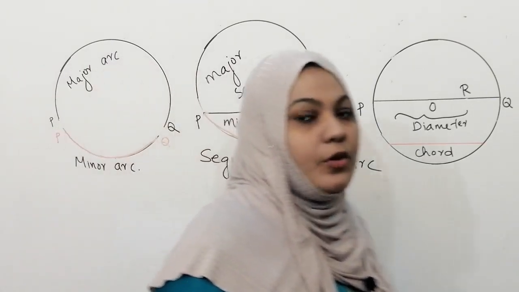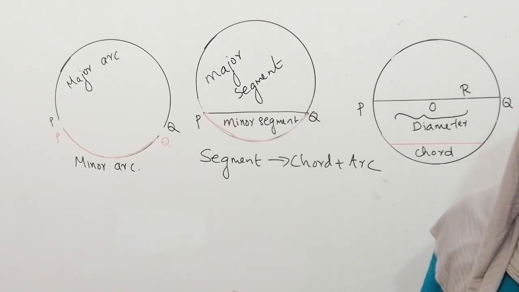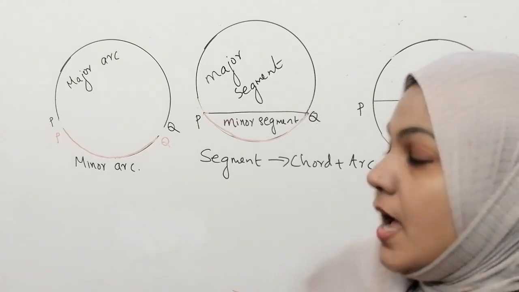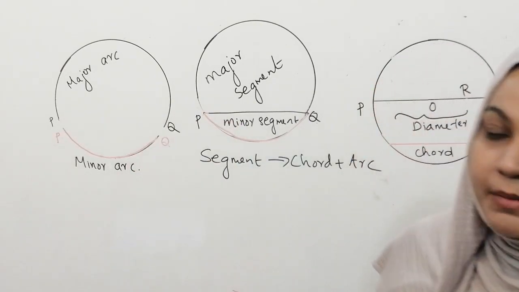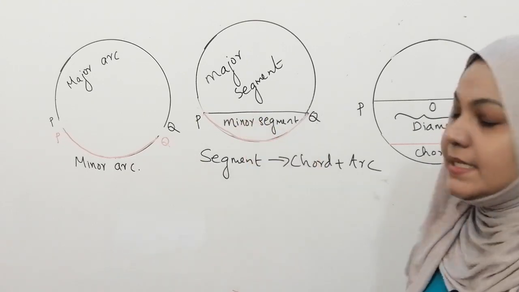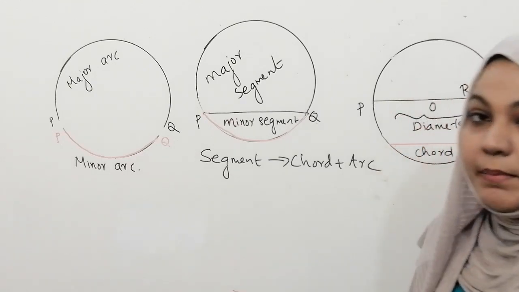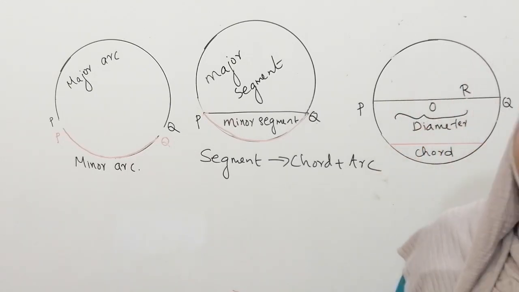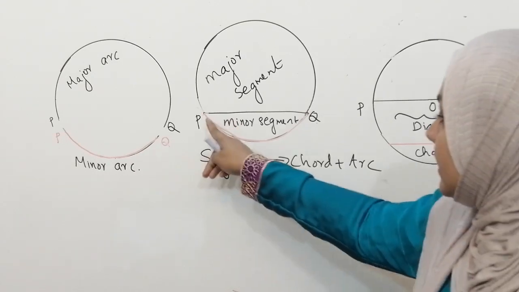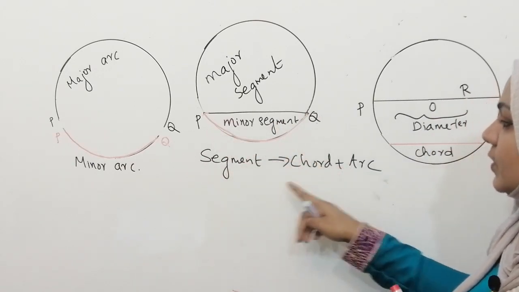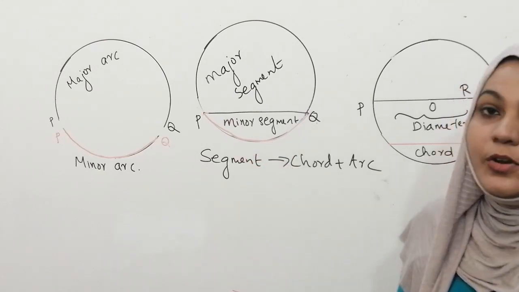So what is the definition for arc? Any portion of the circumference of the circle, or any smooth curve which joins two points on a circle, is called an arc of the circle. It is of two types, minor arc and major arc. Minor arc means less than half of a circle. Major arc means greater than half of a circle. Then after that we discussed segment. For a segment you also need arc and chord. So what is the definition of chord? A chord means a line segment which joins two points on a circle, plus our arc is called a segment. So what is the definition of segment? It is the region between a chord and either of its arcs.